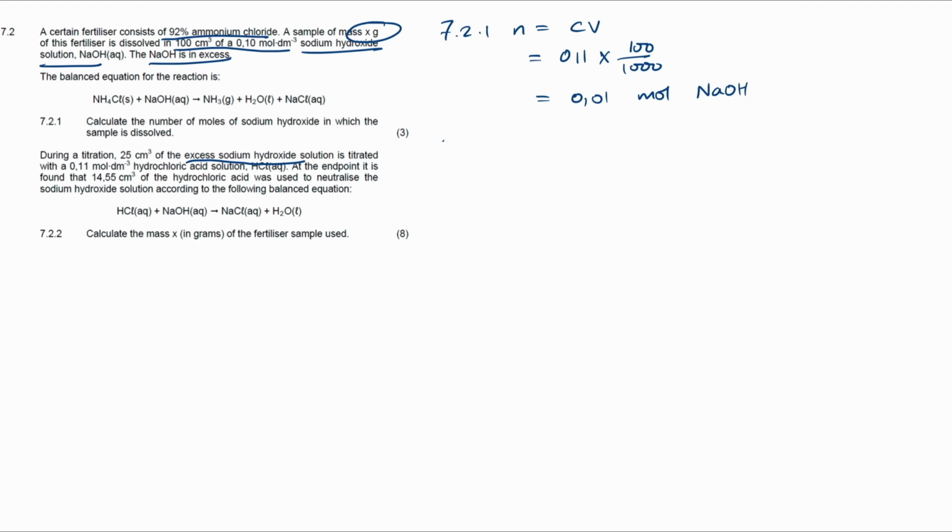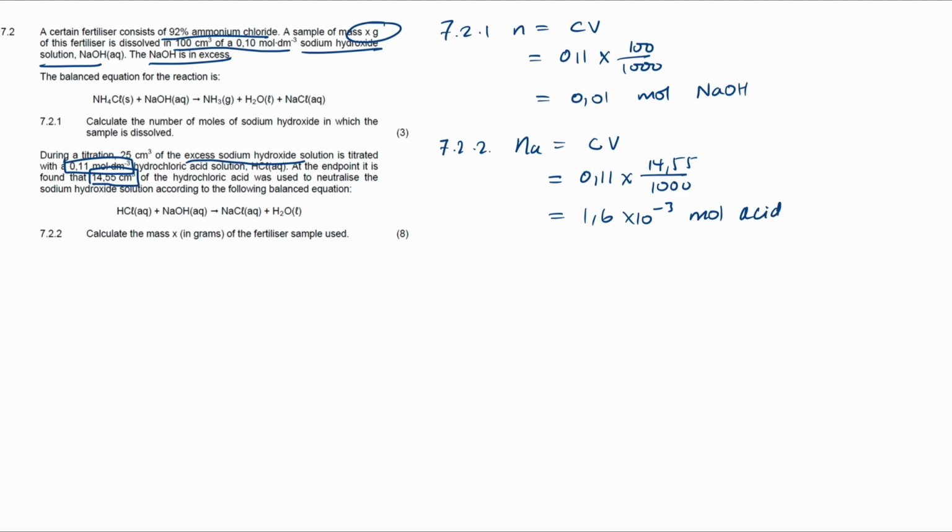Because we know the volume of the acid and its concentration, we can calculate the number of moles of the acid that was used. So 7.2.2, the number of moles of the acid is going to equal concentration times volume. Concentration 0,11, volume 14,55 divided by 1000,